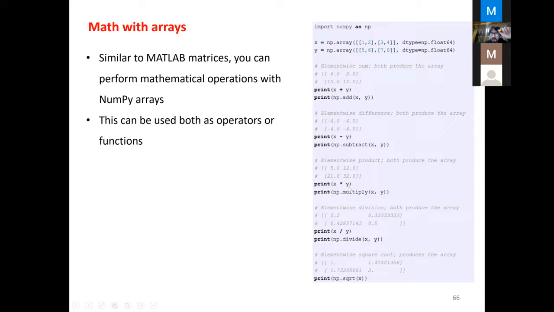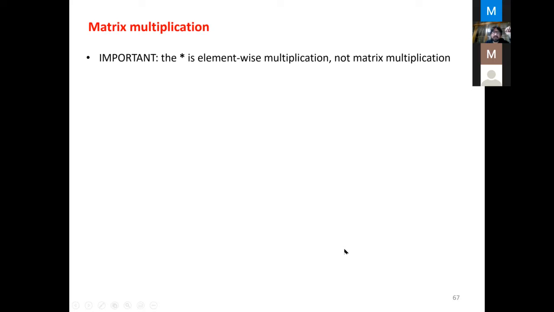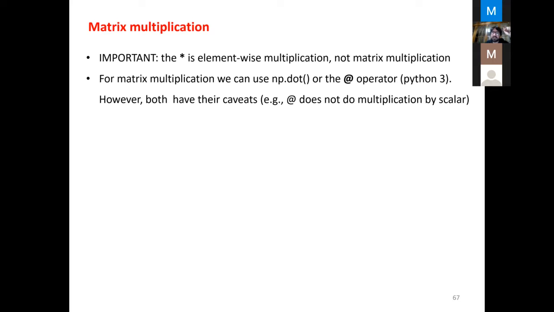And then multiply the star. I will say it in the next slide, but just to stress it even more, this is coefficient-wise multiplication, so it's not matrix multiplication. Also, divide is coefficient-wise division, and the same goes for square root. So the star operator is not matrix multiplication, it's element-wise multiplication. To do matrix multiplication, in Python 2, we're going to be using np.dot